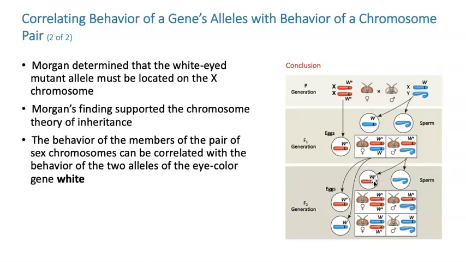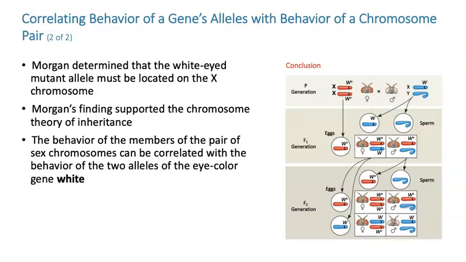So the wild type male sperm is either a wild type X chromosome or a Y chromosome. And yes, you really do have to put the Y chromosome there, because if you don't put the Y chromosome there, then you're not going to make any male babies, right? And then the eggs, they're heterozygous. So here's the wild type red and the mutant white. And when you fill in the